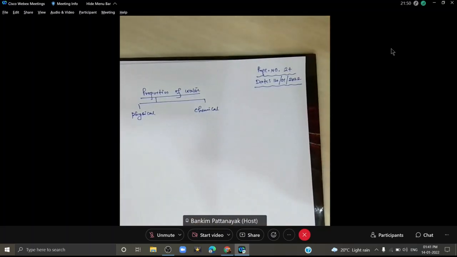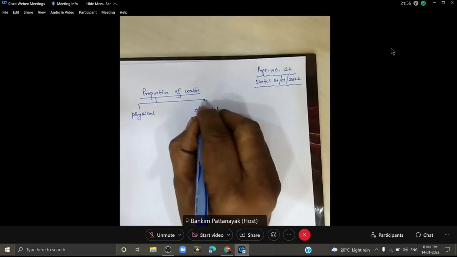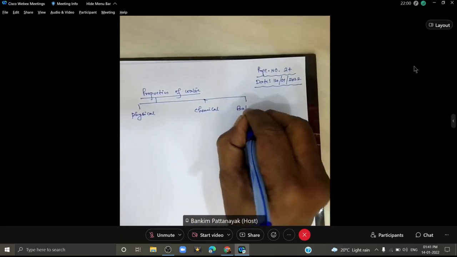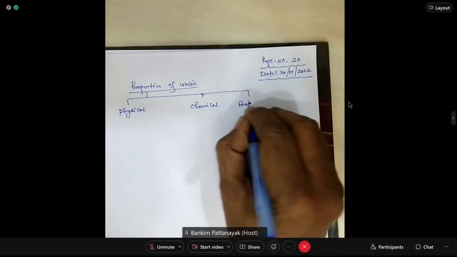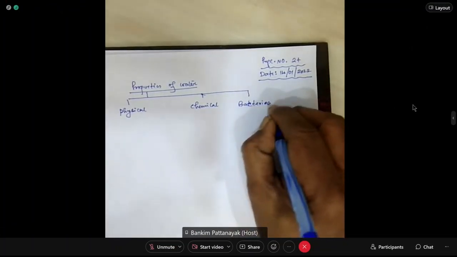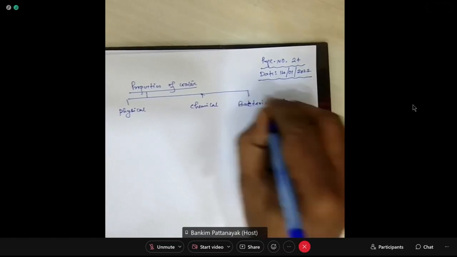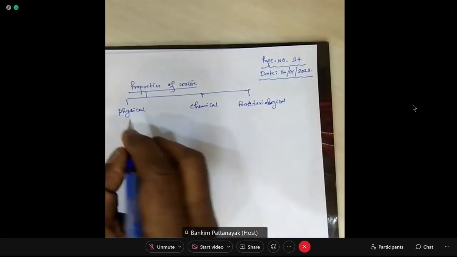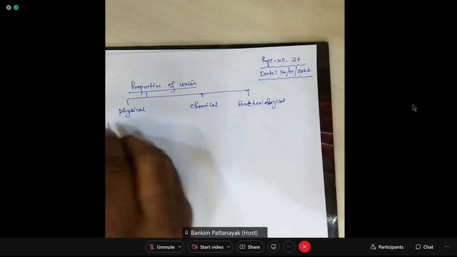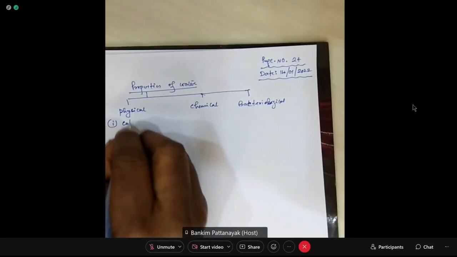Physical properties, what are they? Then there will be bacteriological. In the physical properties of water, first of all, its color is